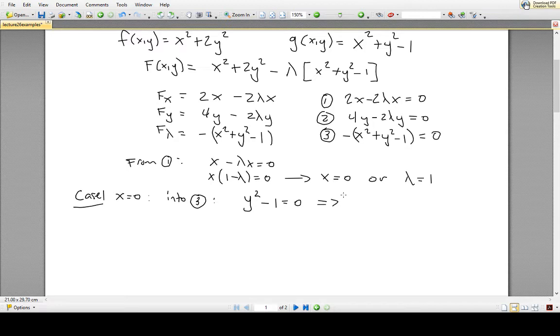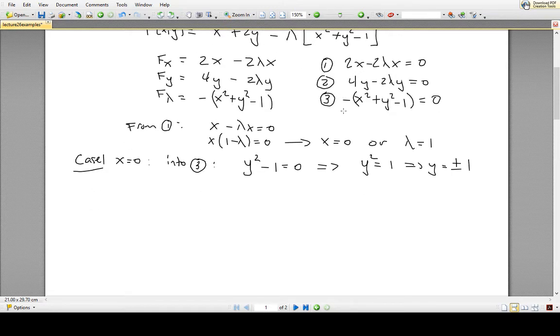So what that would mean is y squared has to be equal to 1, which means y has to be equal to plus or minus 1. So if x is 0, that must mean y has to be plus or minus 1. So now that we know x is 0 and y is plus or minus 1, I can actually plug this into equation 2. So sub case 1,